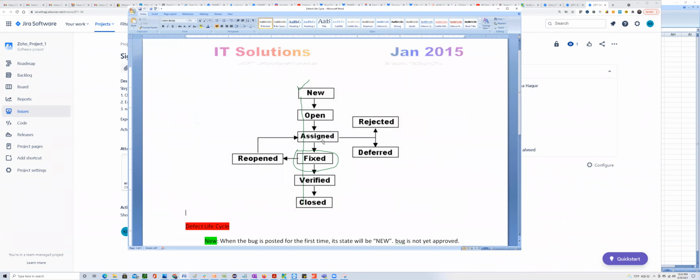Now, let's say that bug caused some other issue in the application. When you're at work, you're going to be logging so many bugs, right? You wouldn't have enough time to ask them, hey, you fixed this bug, what is the impacted area of this bug? You would not have time for that. But at the very end of a release, or if there is an issue in production that suddenly came up and they fixed that issue, now,